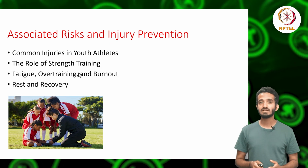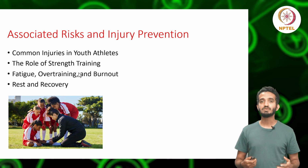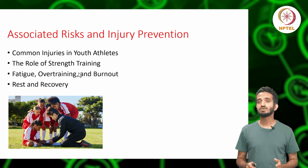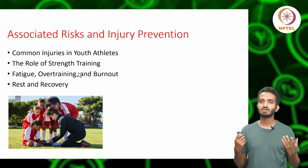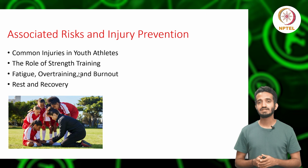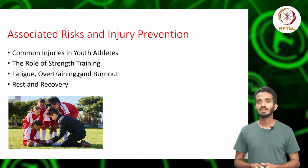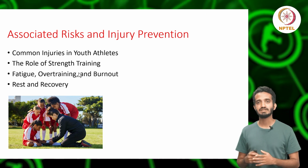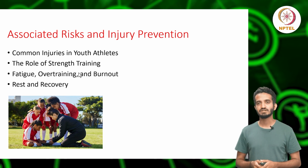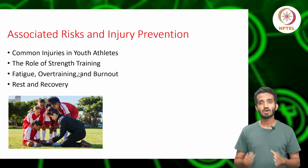Stronger muscles and tendons can absorb more stress, reducing the chances of injuries like strains and tendinitis. They also support the joints better, which can prevent overuse and impact injuries. Engaging in resistance training stimulates bone-forming cells, leading to an increase in bone mineral density. This makes bones more resilient and less susceptible to fractures, especially in sports that put a lot of pressure on